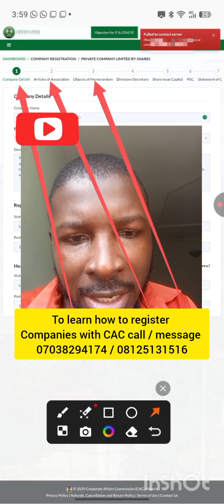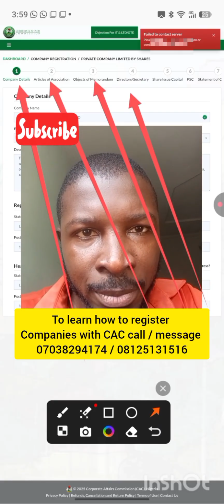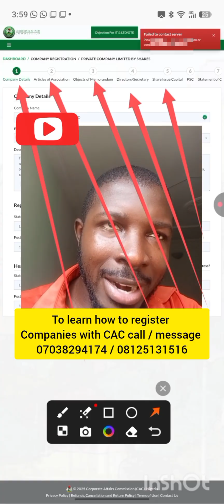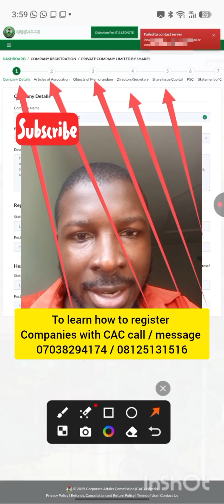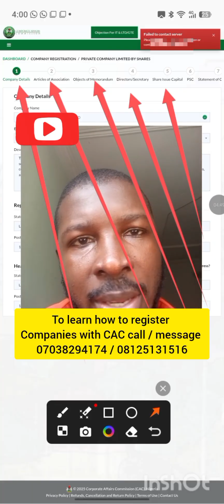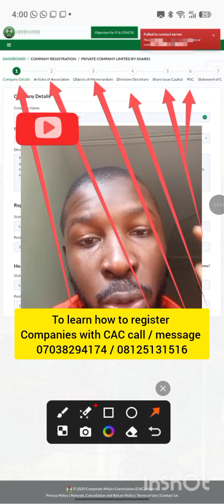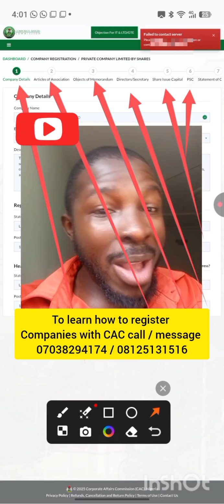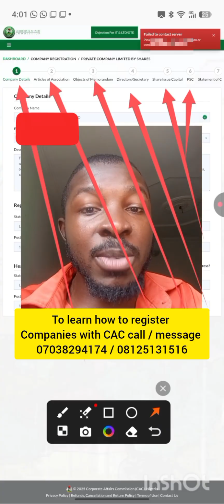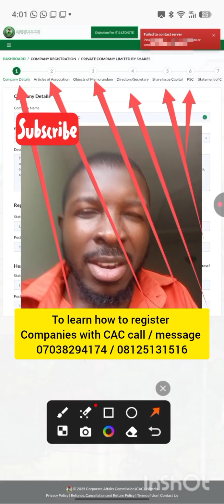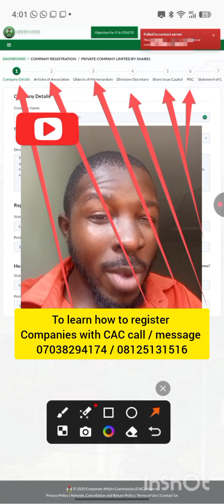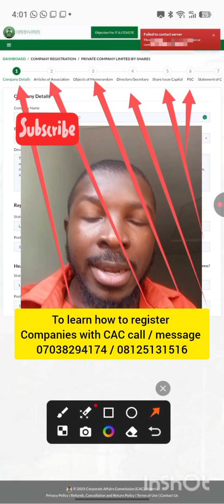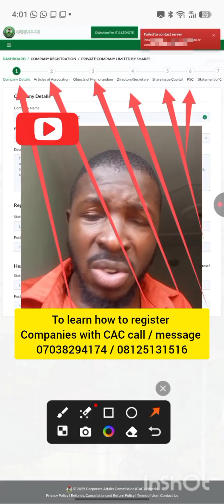This part is where you will input the director and the secretary. Then the share capital is this one, the way the shares will be shared among the director, the secretary, and so on. Then we see the PSC, person with significant control. That's where you input the person that will have the upper hand in the company shares. When the company is being registered, you will feel like it's just a normal thing and you just input. But when the time comes, the person will use this place to sue you to court, and you know, in court there are no emotions.